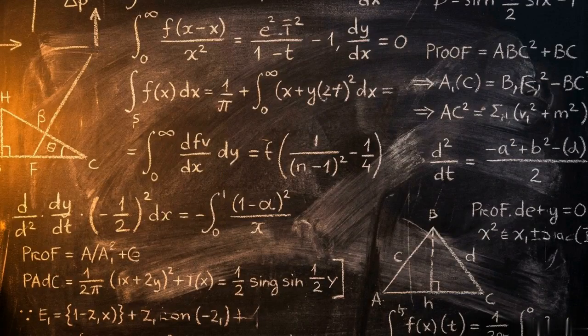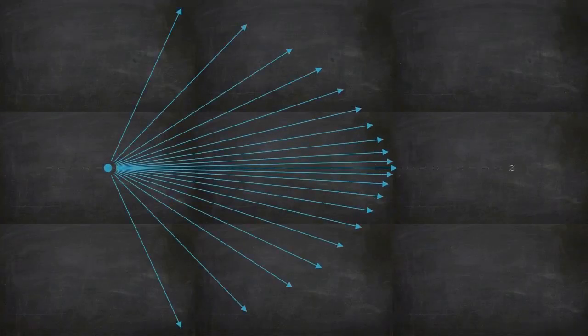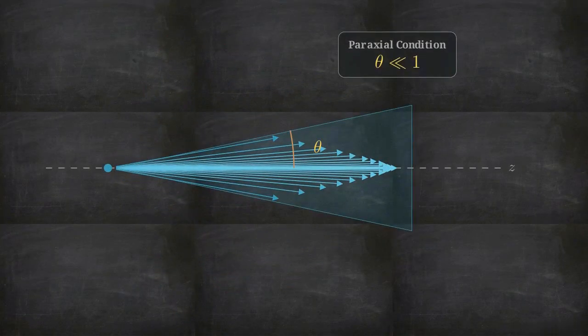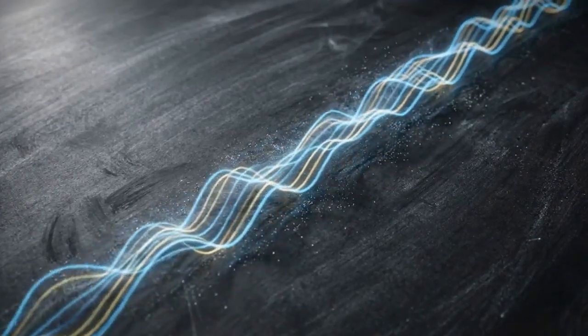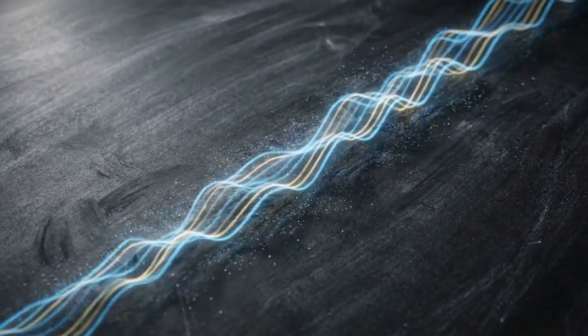To model a beam with a finite width, we have to move past simple geometry and derive a specific solution directly from Maxwell's equations. Our derivation will rely on two constraints: the monochromatic approximation, assuming a single color, and the paraxial approximation, assuming the beam travels at small angles relative to its axis. The resulting Gaussian profile describes how the electric and magnetic fields arrange themselves to stay confined while satisfying the laws